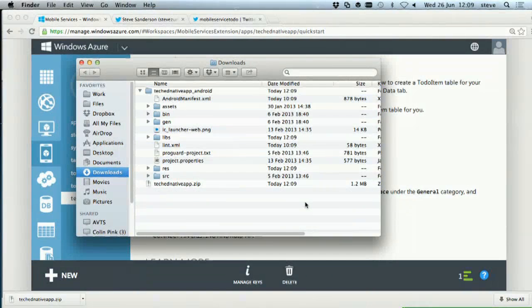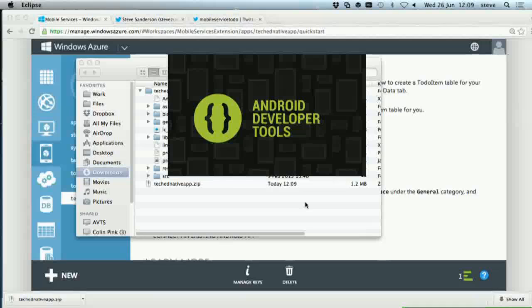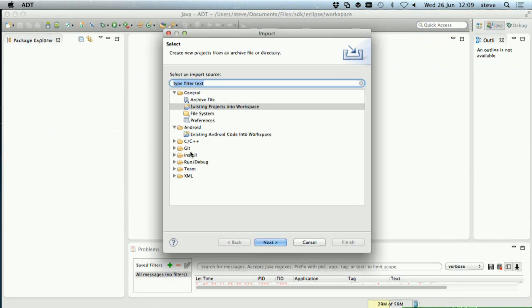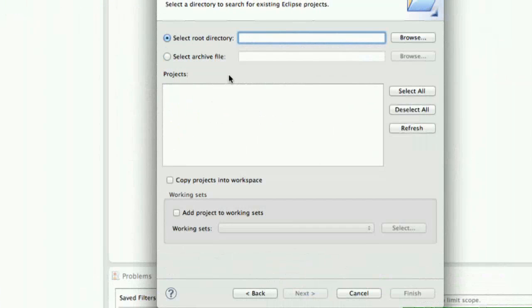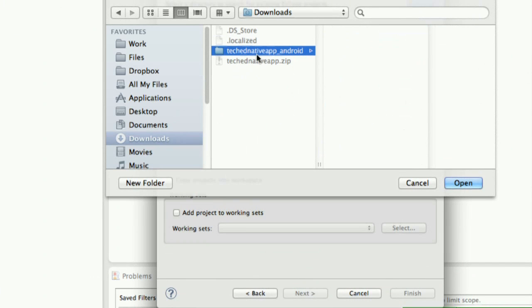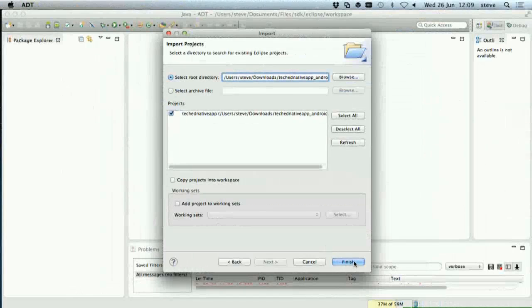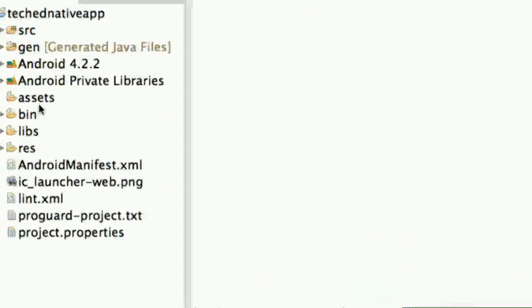So firstly, I need to open it in the IDE, which I'm going to use Eclipse for. There are other Android development environments available, but this is kind of the standard one. So when that pops up, I will go to import the project that I've just created. So import existing project into Workspace, and then choose the directory that I unzipped things into. So that's downloads, this folder here, and open that, and hit finish. And then that will import these files here.